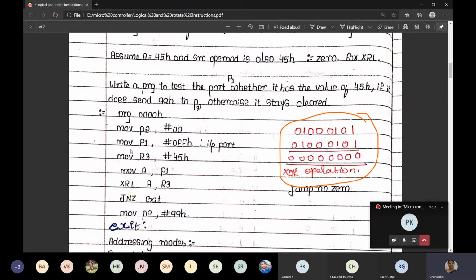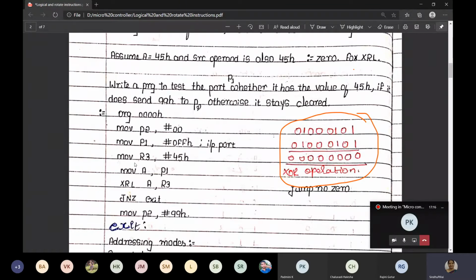Next what they have done, MOV P1, #0FFH. See, this FFH is a concept which will be discussed later. P1 is of 8 bits. Okay, FF also is of 8 bits. We are sending these 8 bits to P1. That means all the bits will become 1 in port 1. This is done to make P1 an input port. Okay, at first whenever we start the system, P1 should be made as an input port. To do that, we'll send this immediate data, that is FFH, to P1, to make it an input port.